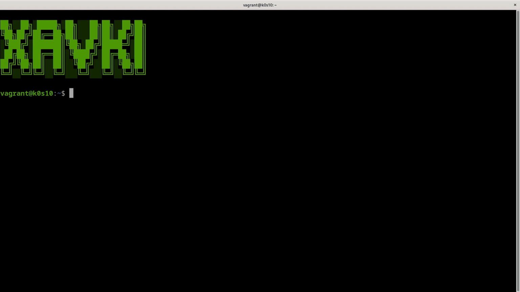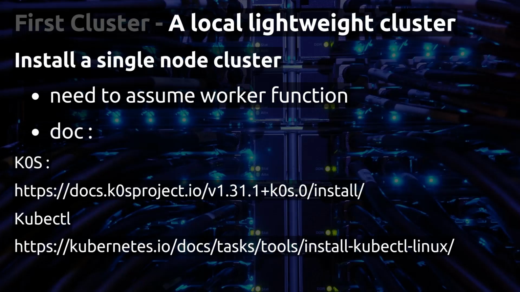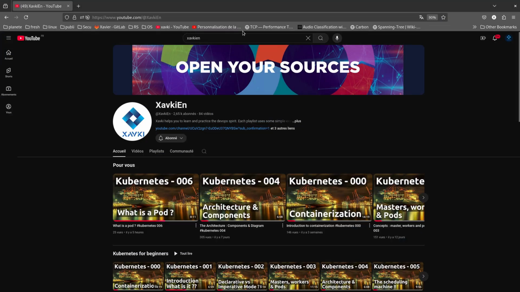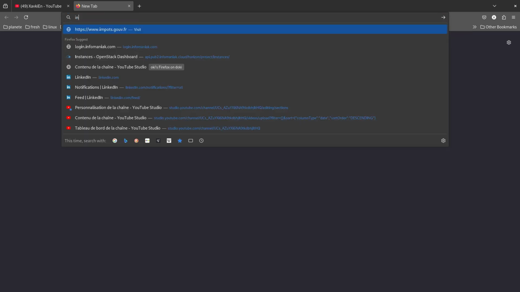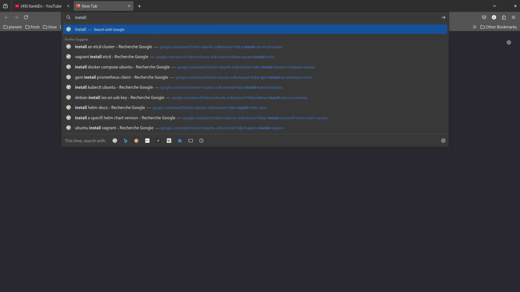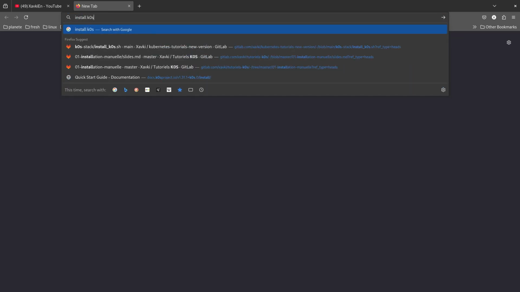Let's go. To install K0s is really easy. You can go to your browser and search for install K0s. I think we are on an Ubuntu server, let me check.